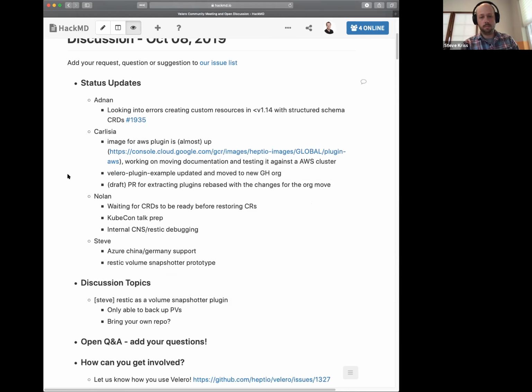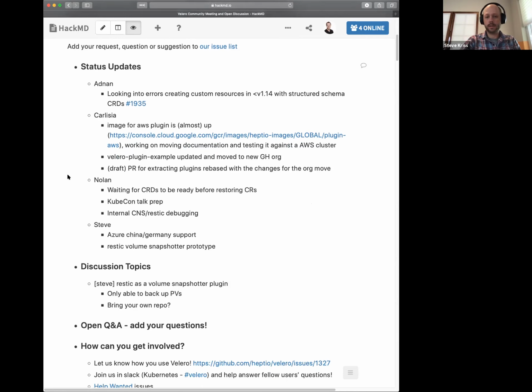Yeah, the main things I've been working on in the last couple of days. The first one is we had a contributor from Microsoft who put up a PR for adding support in the Azure plugins for the China and German clouds. In Azure, there's a US public cloud, a China cloud, a German cloud, maybe one or two others, and they all have different endpoints.